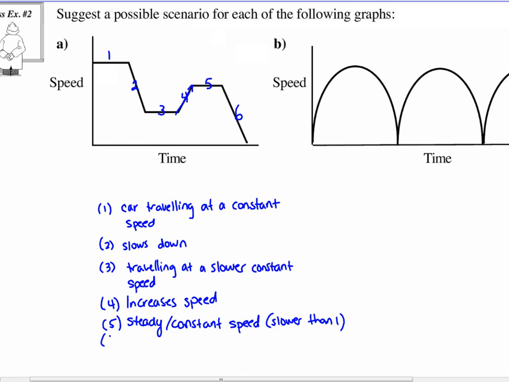And then 6 would be he slows to a stop. Okay, so you've got to be able to interpret that. So if this was a distance time graph, it'd be very different. This is a speed time graph. I could take the same graph and make it a distance time graph. Okay, so if I made this a distance time graph just